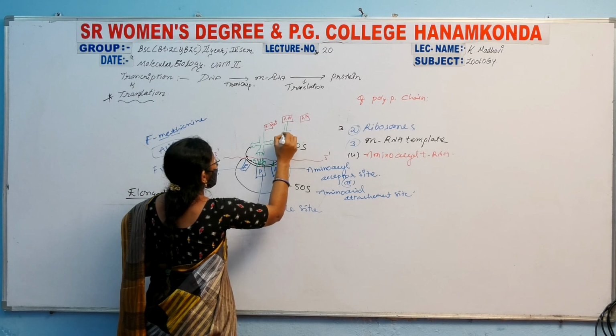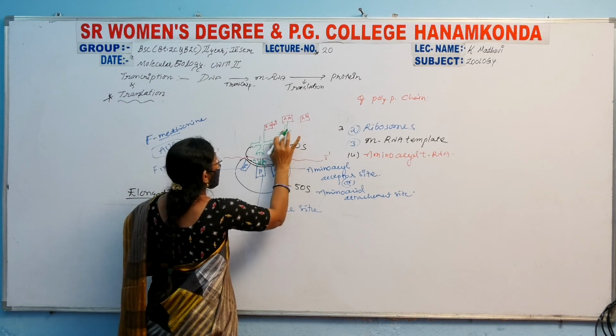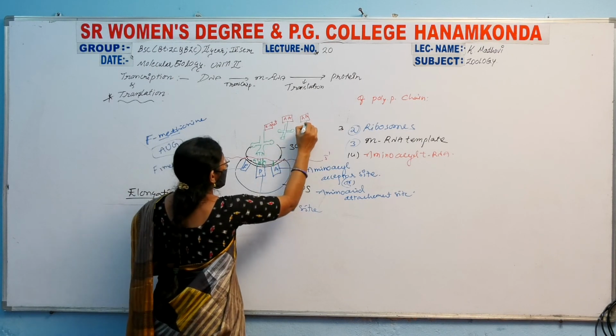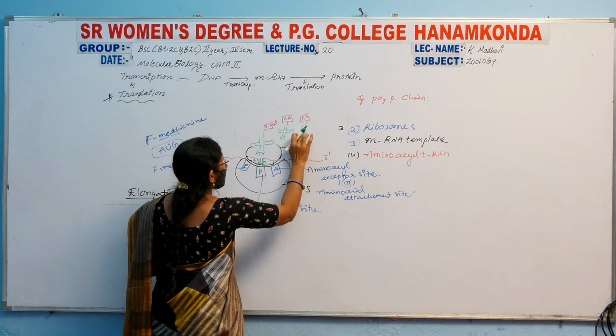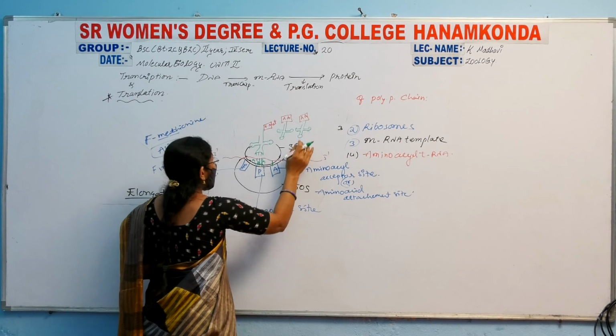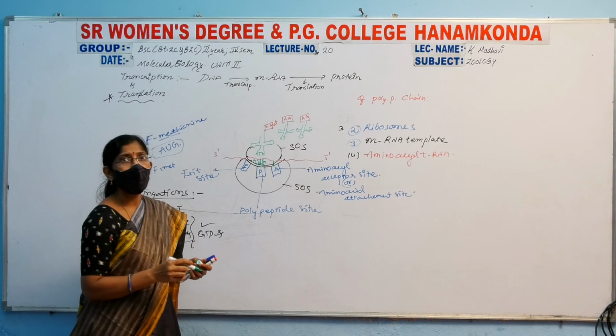The acceptor region. These are the arms. And this is also the acceptor region. Here is another tRNA, and another tRNA. They carry a special type of